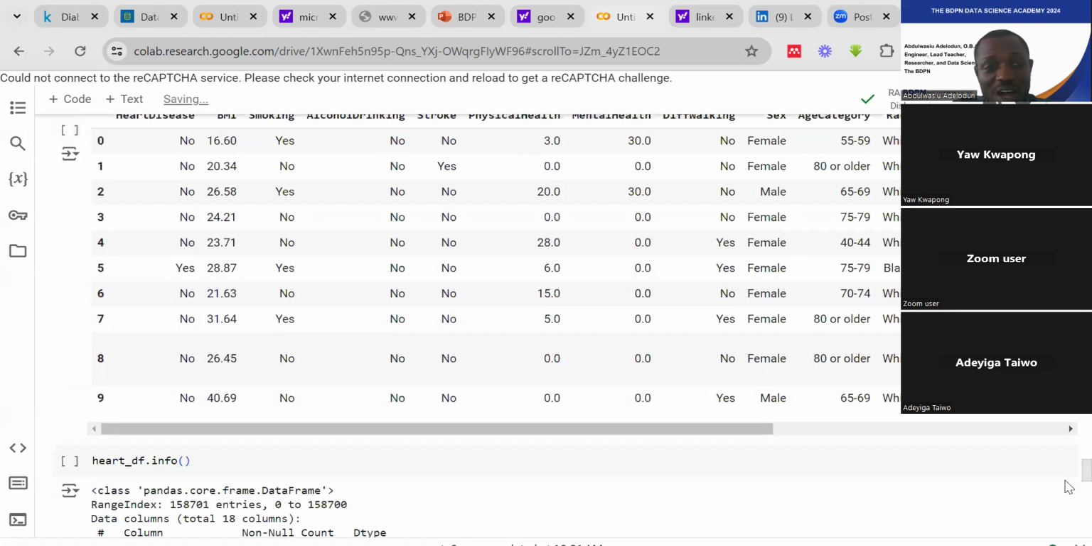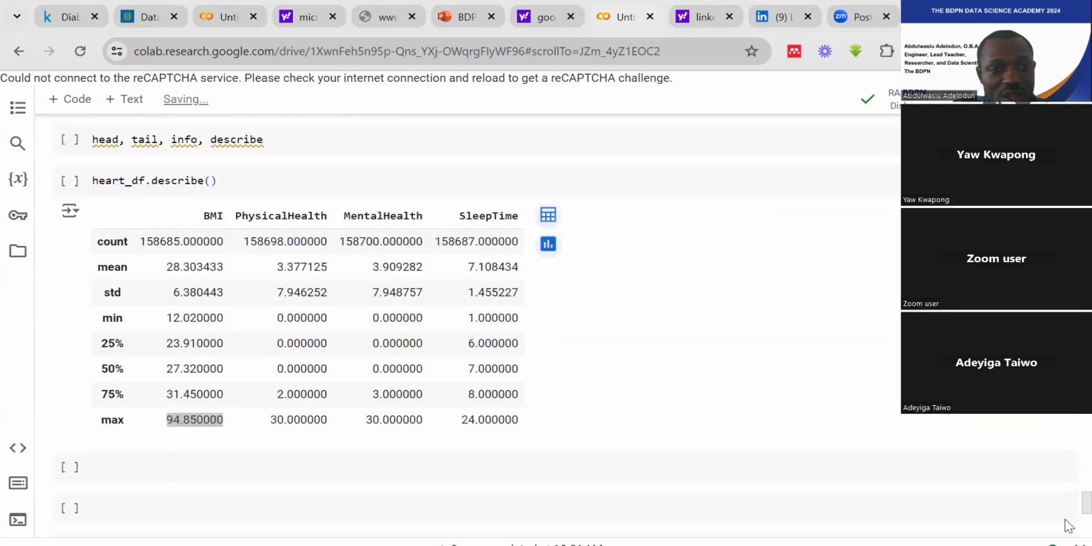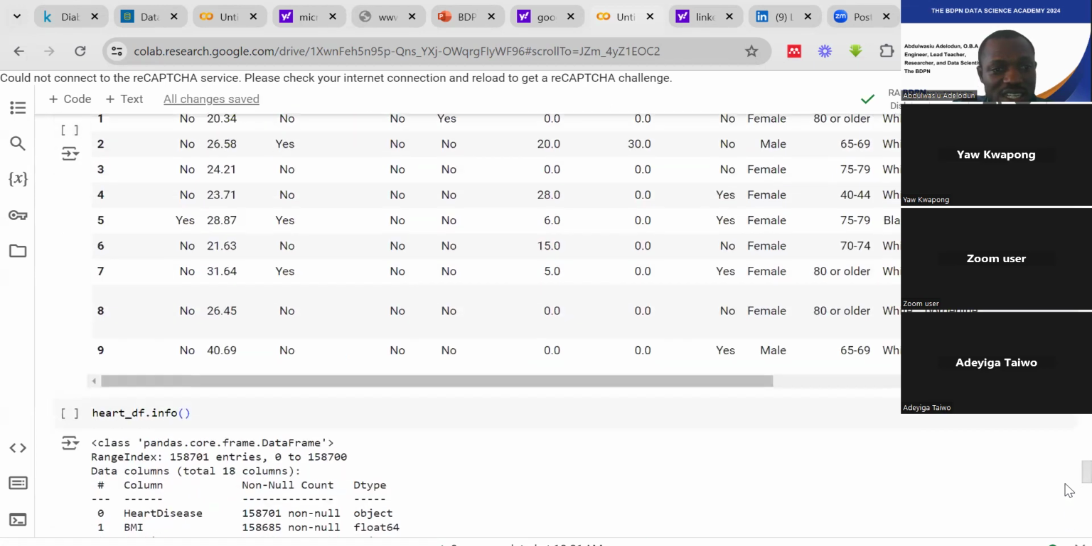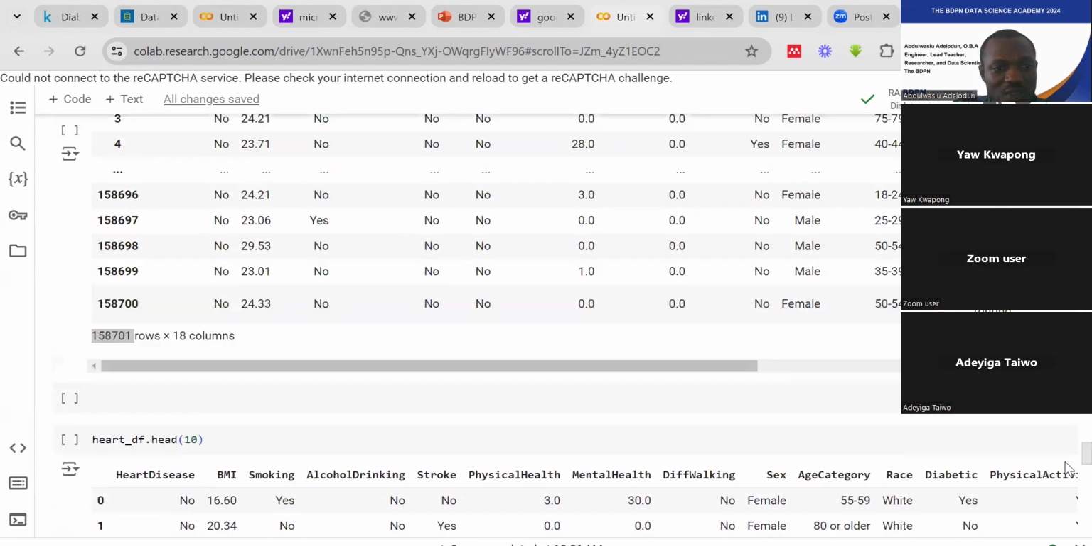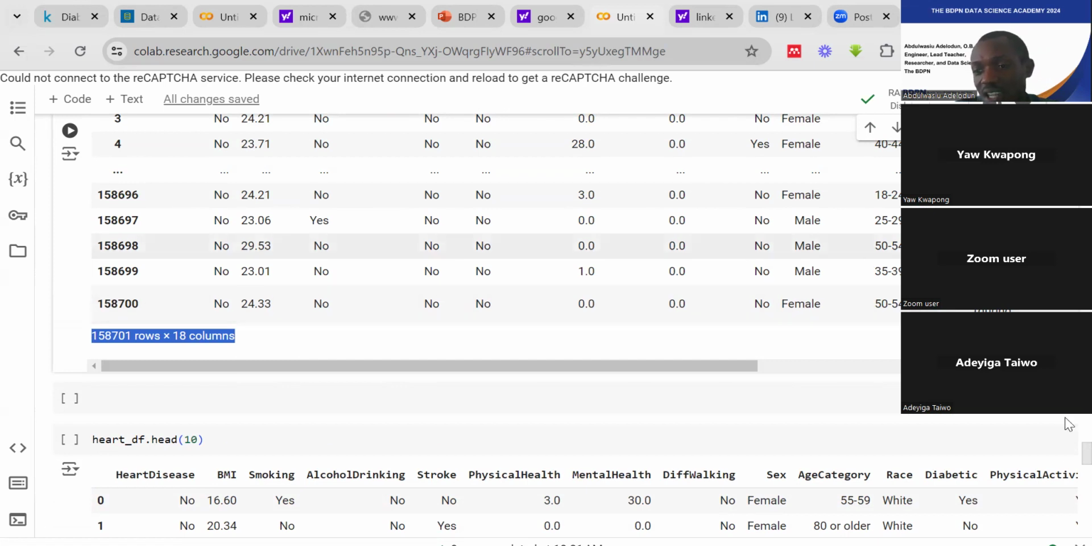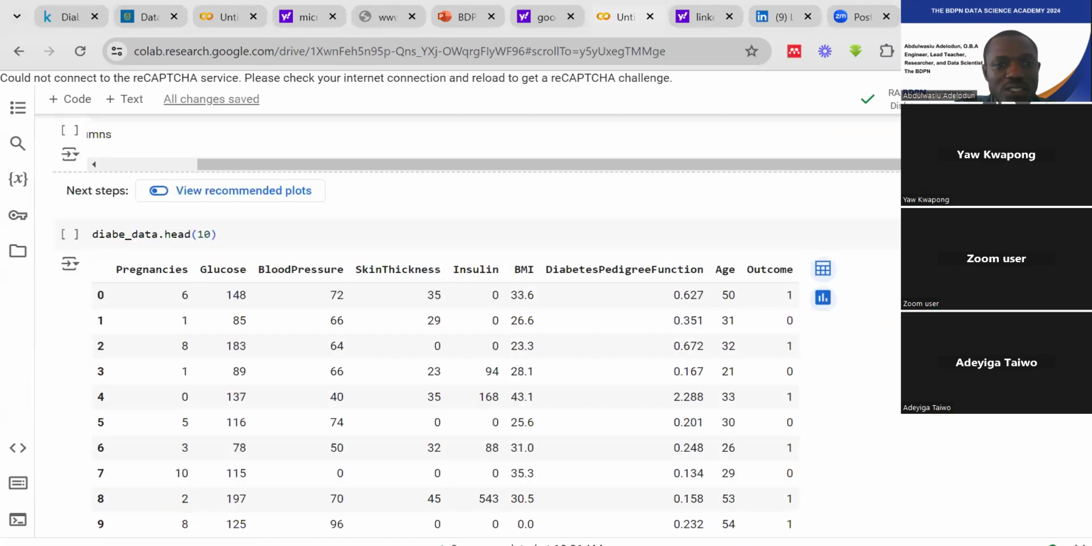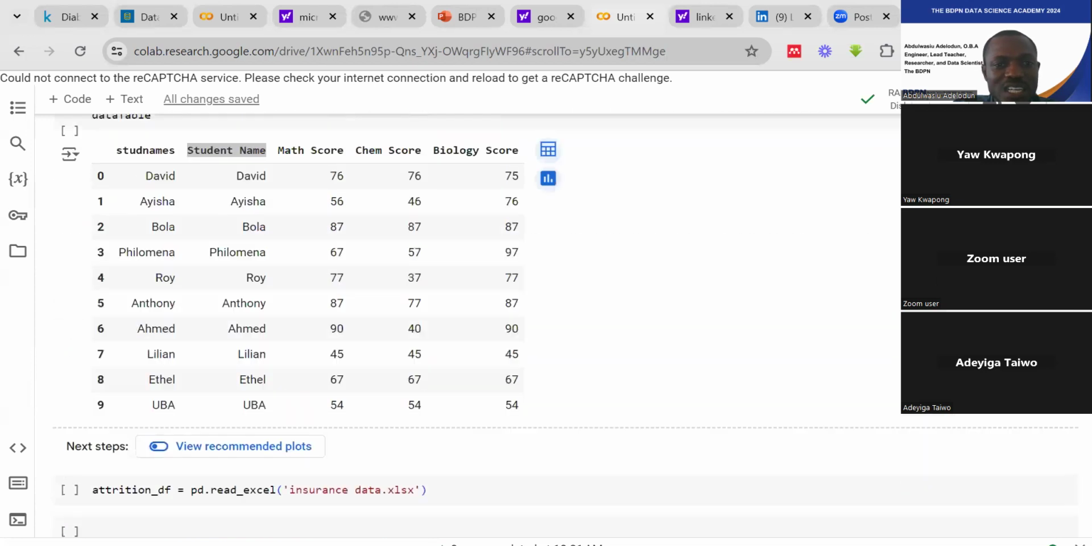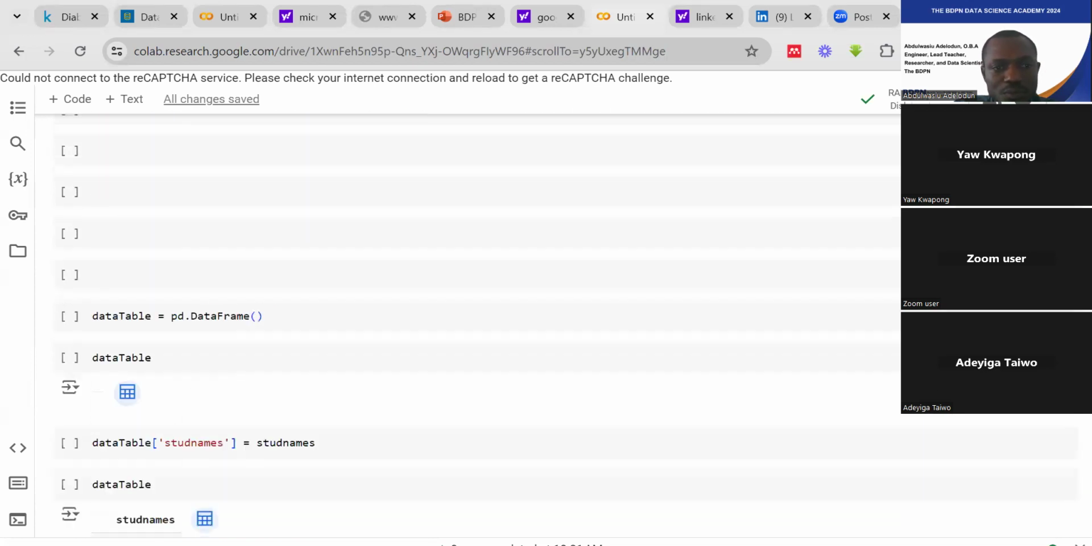For example, what you have here, the other data I showed, like this one, you can see we already know the number of rows and number of columns here. We have 158,701 rows and then 18 columns. And the same way, we can know this one by simply checking the shape,